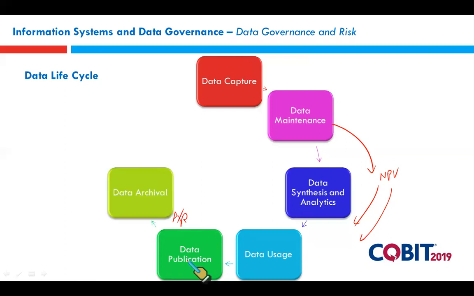Then the point will come when the data has served its purpose. It has come to its end time in life. It's the end of its lifetime. So at this point, we have to store it somewhere, at an offsite location. This is called data archival. So we just put it at a location which is safe and secure. We do not regularly maintain it. It is just stored there. Maybe we might need it in the future for some reference or maybe for some investigation.